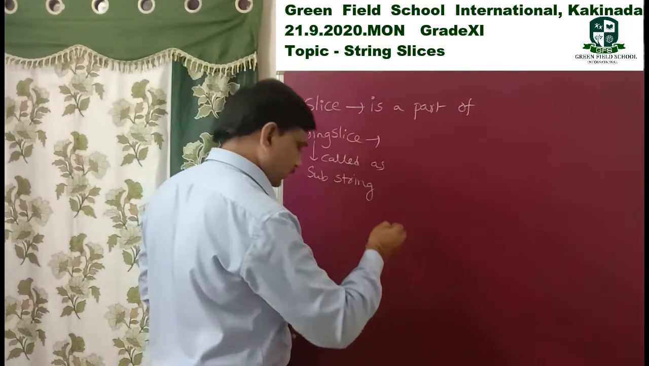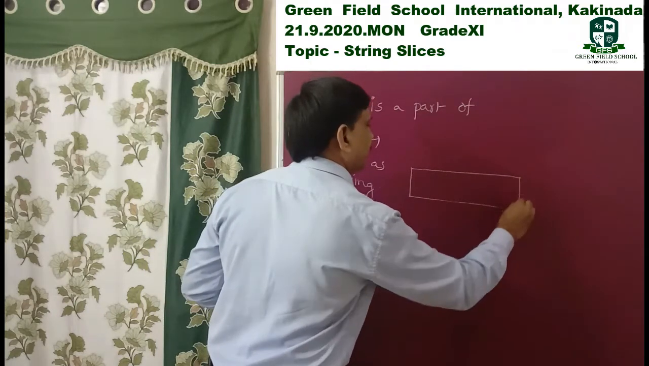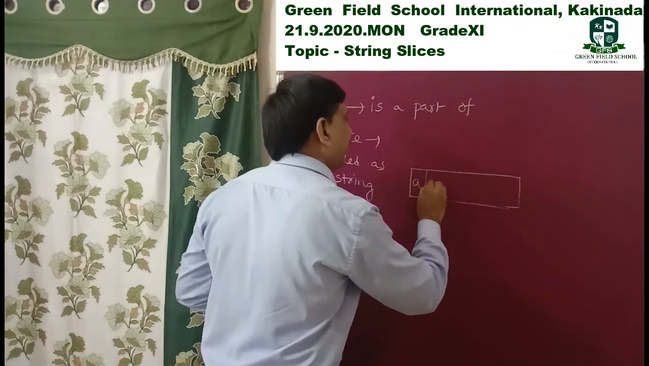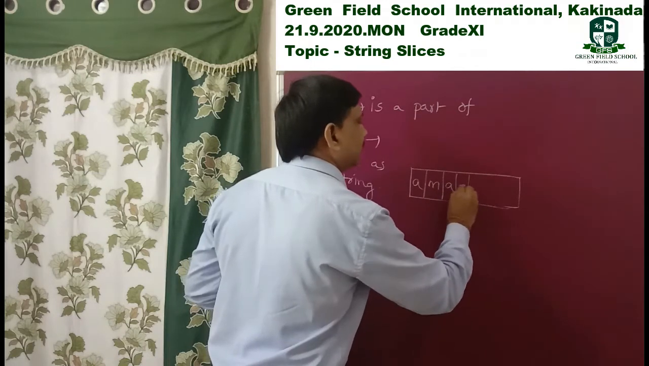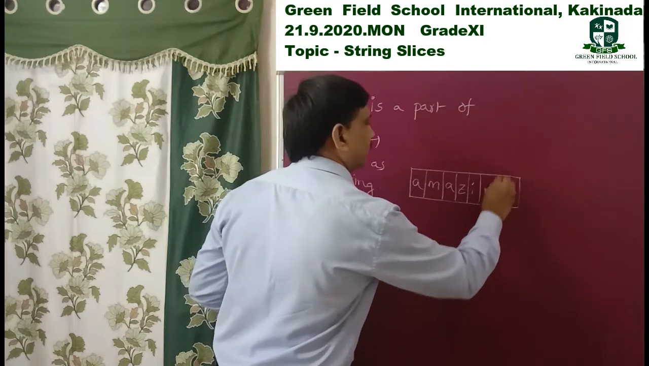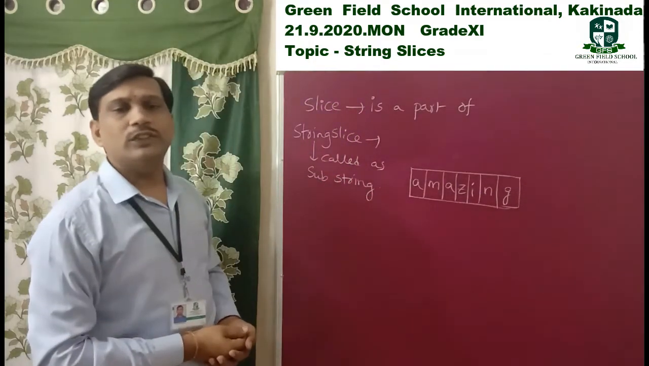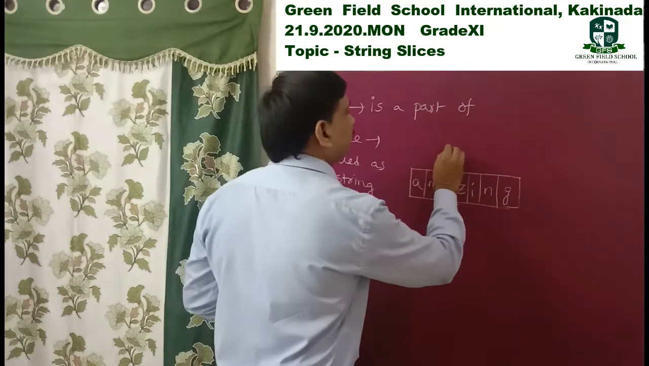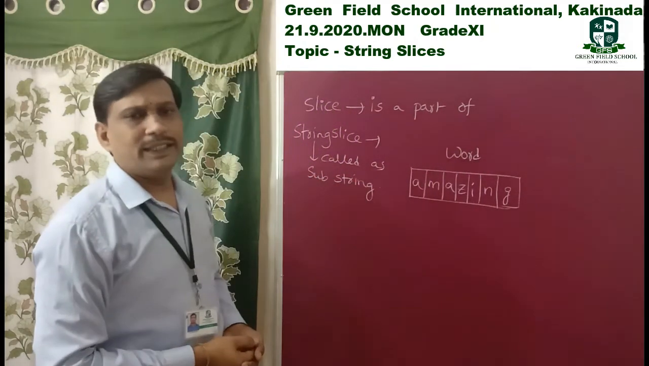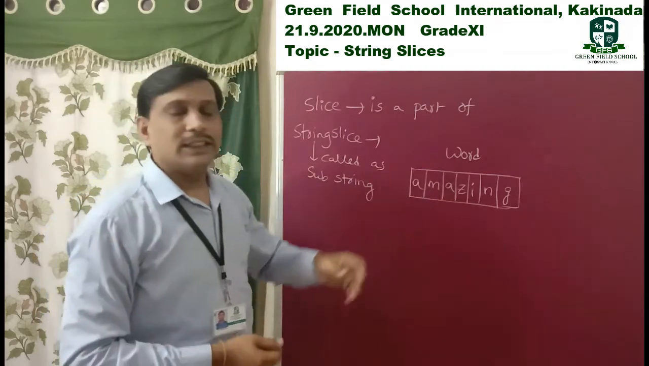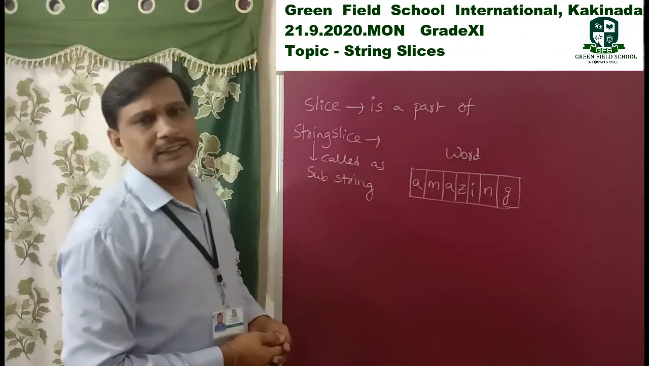See, I take one example here. I take one string, AMAZING. This is one string, amazing. This is one word. I am taking the word. Word is a string variable here. Okay, next, we already know from previous classes